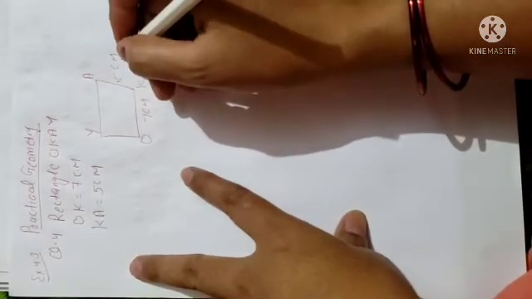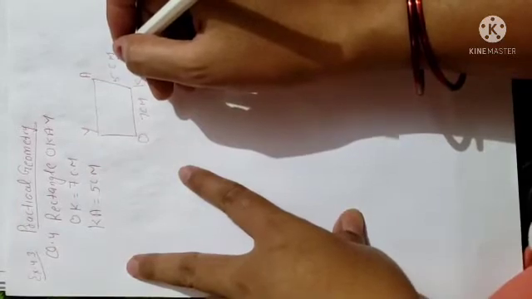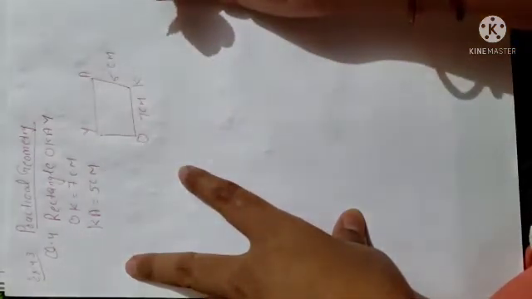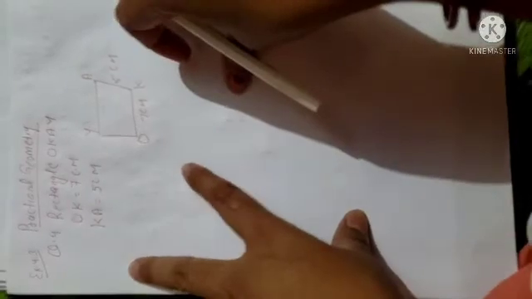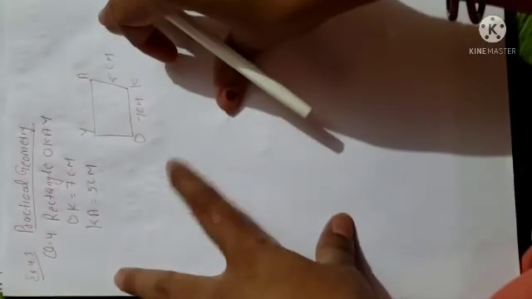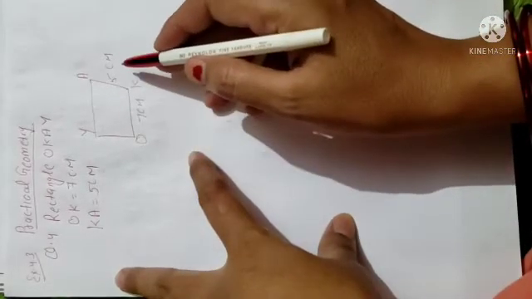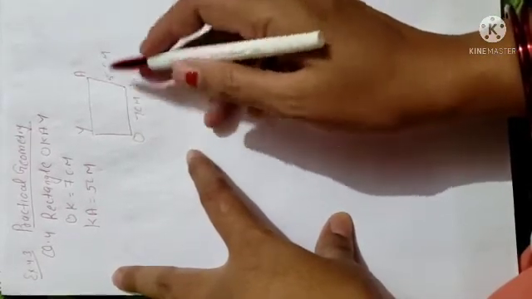But in this exercise beta, we are doing which type of questions? We are doing questions where 2 sides and 3 angles are given. So how will you construct your quadrilateral? Here it is given a rectangle. So in the rectangle what is given beta? 2 sides are given. OK is 7 cm and KA is 5 cm. Only 2 sides are given, no angle is given.